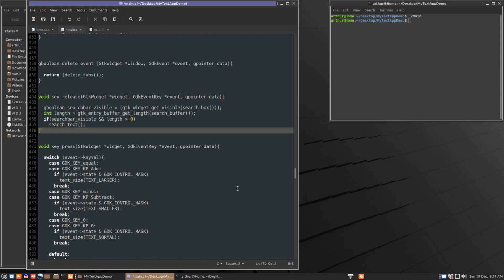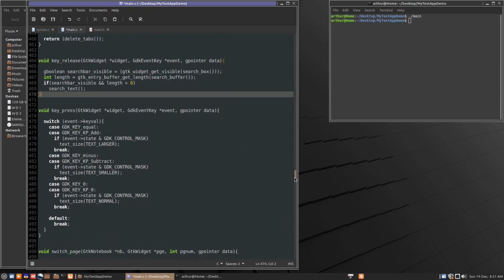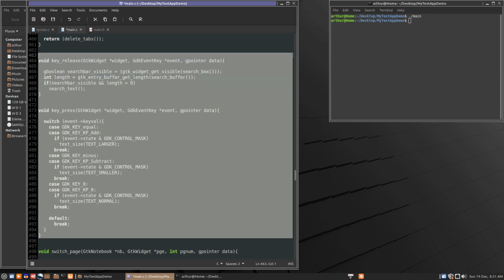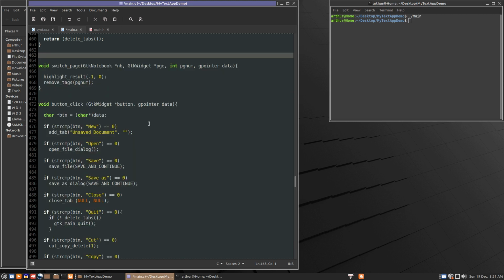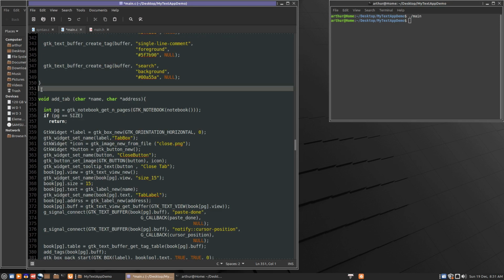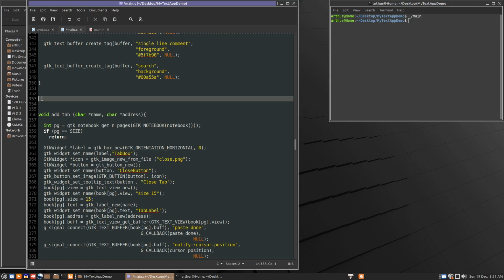So in order to get control of the keyboard presses, we need to change where the key signal is being emitted from. So I'm going to move these two functions. These are the two functions that are called on a key press or on a key release signal. So we're going to cut these out from here, and we're going to move them to just above add tab. So I'll put them into here,